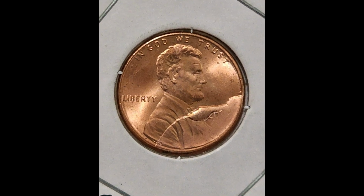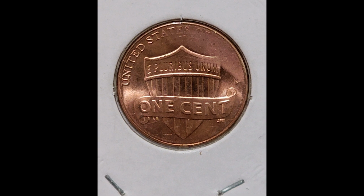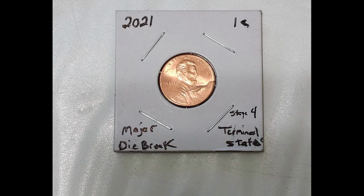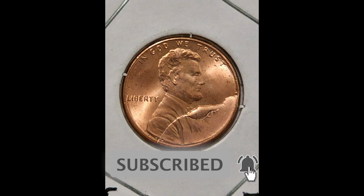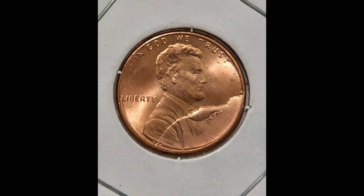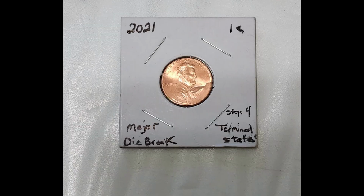You can see the person also has it in a plastic slip like this. Now make sure that if you're ever removing coins from a cardboard plastic slip like this, that you do not damage it with the staples. I can't tell you how many times people have taken coins out of these flips and damaged the coin on the staple. A better thing to do is just push it through the plastic that's holding the coin in. That way you avoid the coin getting damaged from the staples because that can quite dramatically decrease the value of